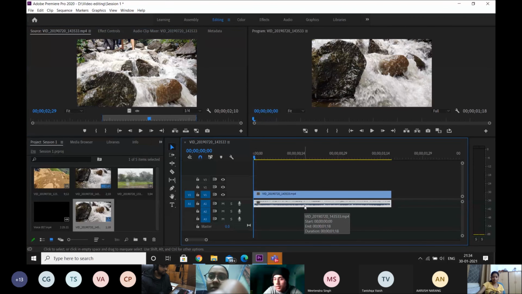Okay, so if there's any other format, can I use effects on this or something like that? Audio effects? Yeah, there are a lot of audio effects in this. You can use them. We'll do that as well, but not today because it gets complex.